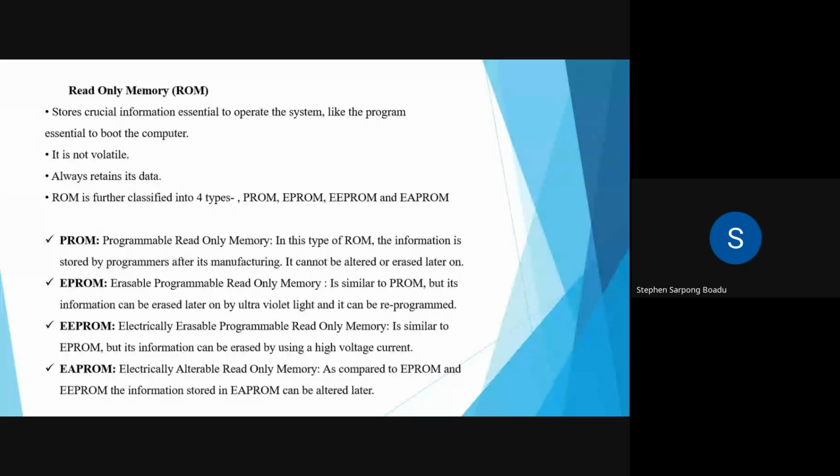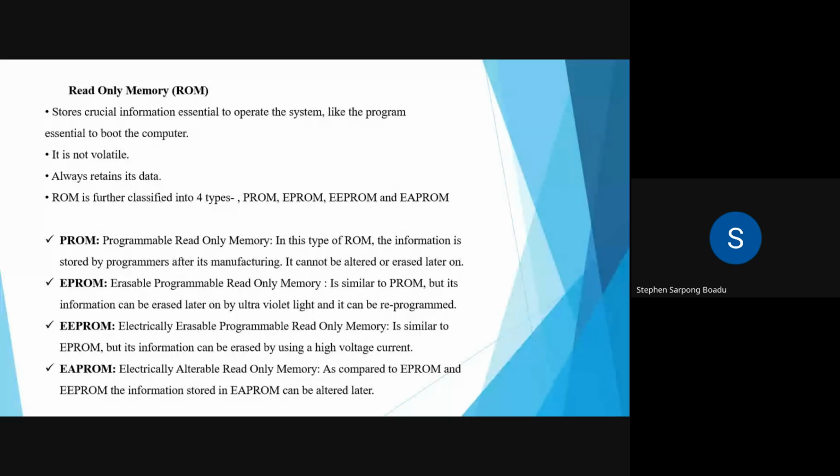So the only difference between the erasable programmable ROM is that this one, after it has been programmed by the manufacturer, we can use ultraviolet light to clear it, and then we reprogram it. Okay, that is how the ROM is. And then we have the